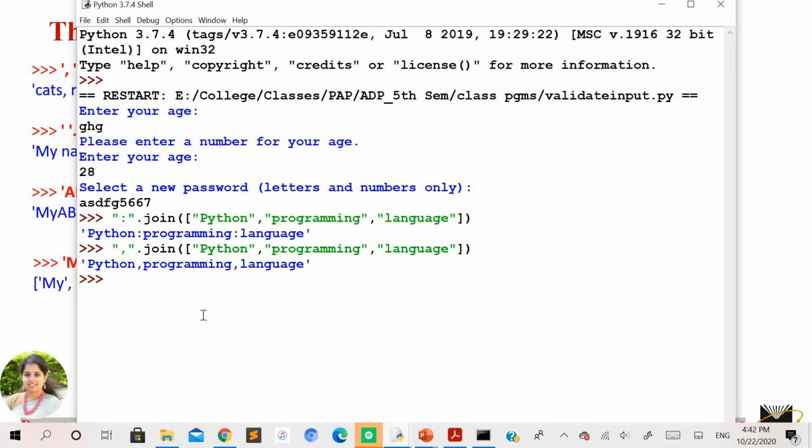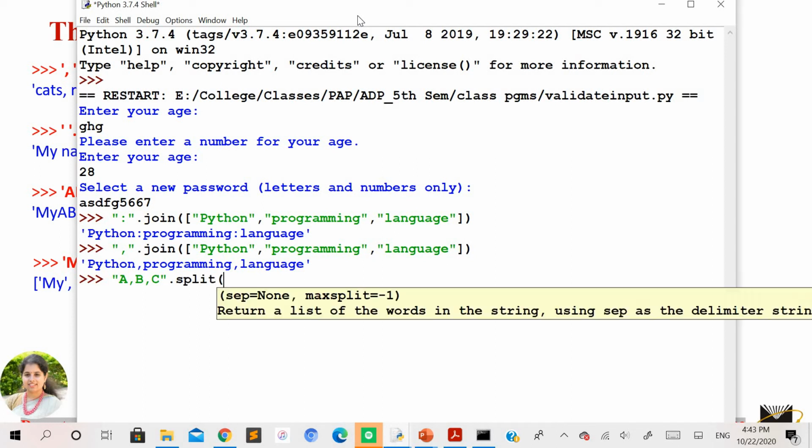In the same way, we'll see how the split is going to work. Do remember that the split is always going to give you the result in the form of a list. So for example, I'll take the example as a string: a comma b comma c dot split.